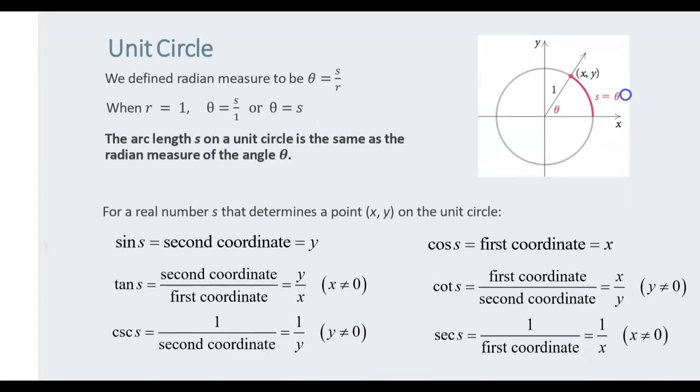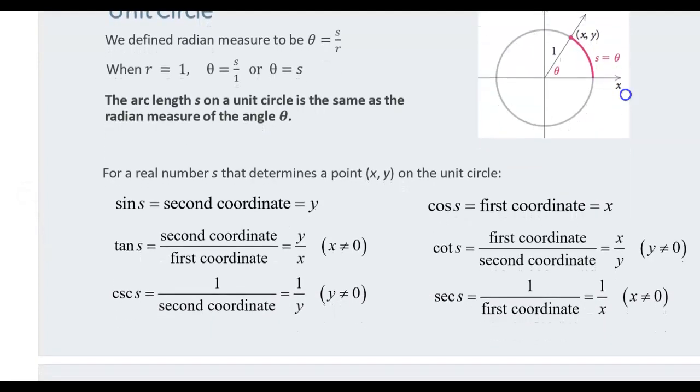And I know that most of you have had a trigonometry class before. When we talk about the 6 trig functions for a particular point on a circle, that's related to the arc, or most of us think about it as being related to the angle, because when the radius is equal to 1, the arc length and the central angle have the same measurement. The key thing to remember is that the x-coordinate relates to the cosine, the y-coordinate relates to the sine,